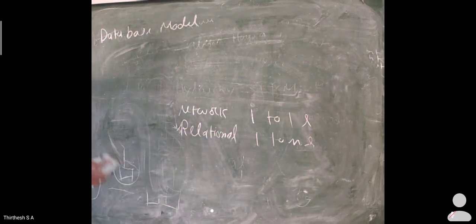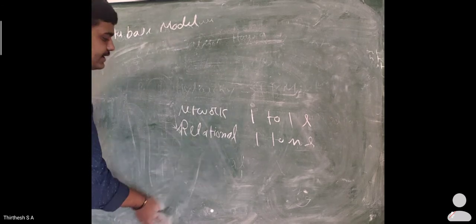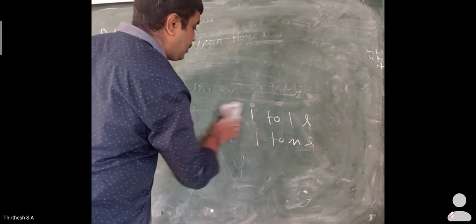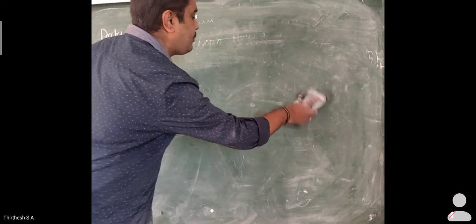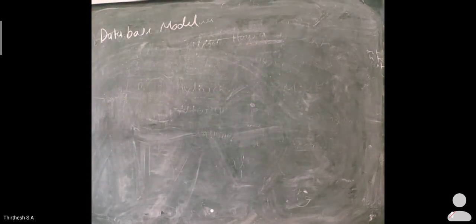A hierarchical model is one of the oldest, designed by IBM. Here the data are represented in the form of trees. A top node which doesn't have any parent node is called a root node, and a bottom node which has one single parent is known as a child node. Here the types are defined, and links are used to define a record.